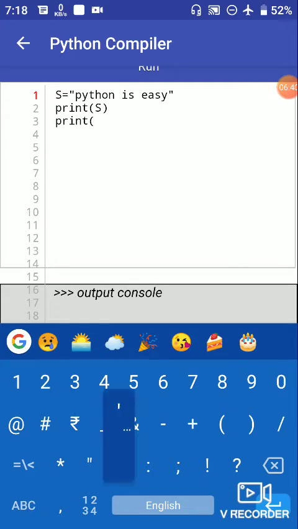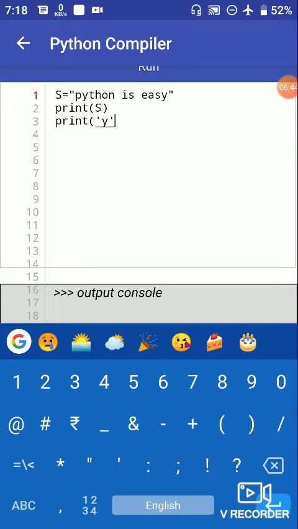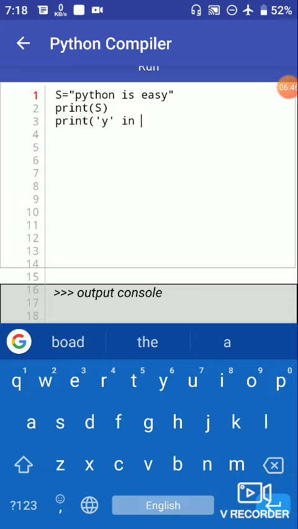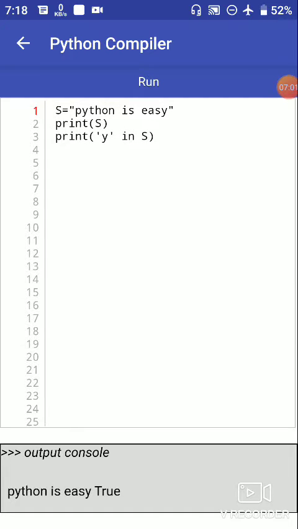So let's try y in s, and when we run the program, let's see what the result is. The result is true. So y in s gives us true.